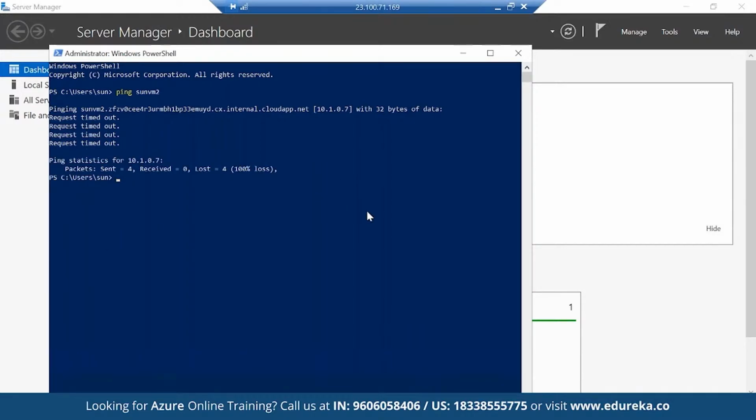So the point is the ping is failing because ping uses the ICMP. Okay. And by default, ICMP isn't allowed through the Windows firewall. So to allow ping to the other VM, we need to set one rule to true. And what is that rule? So basically we'll say New-NetFirewallRule